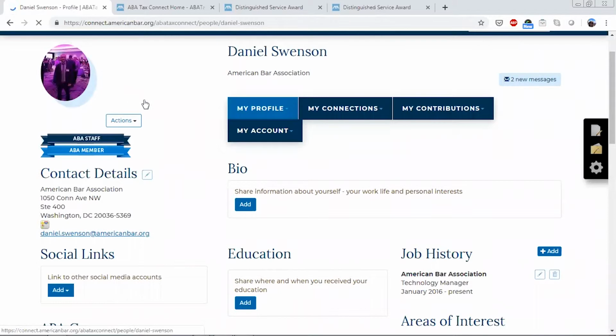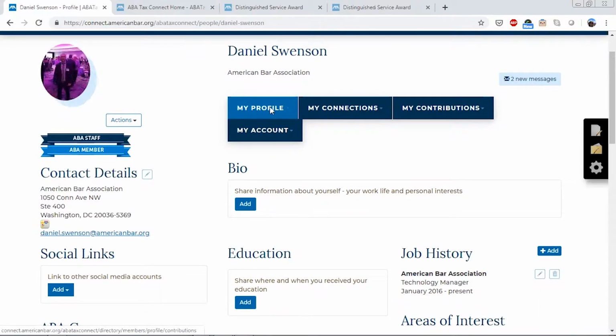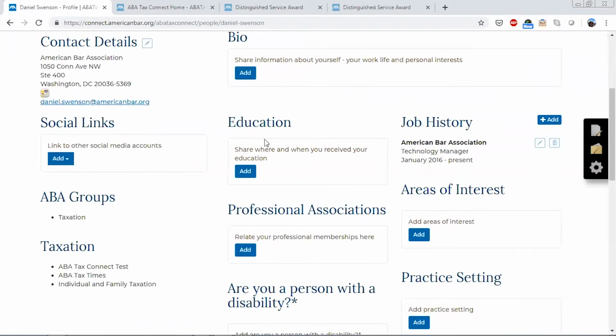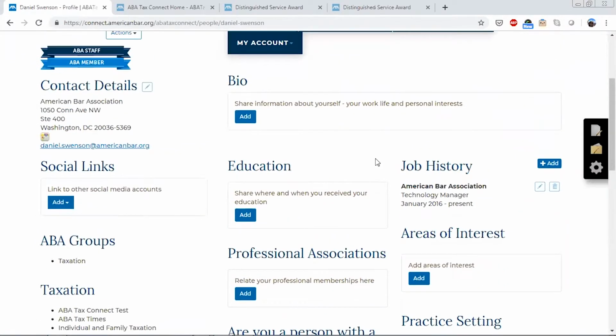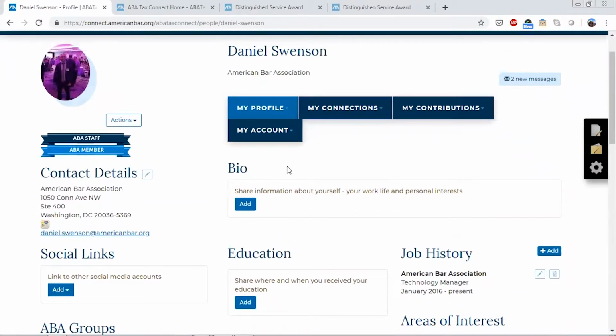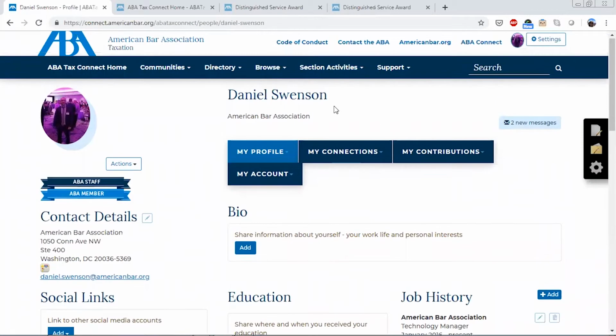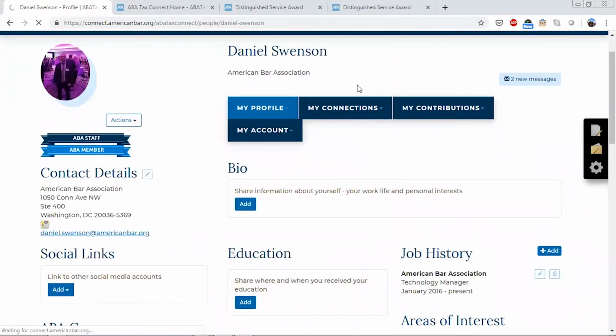Okay, and so similarly to the actual community view, here you'll see that it has just this ribbon of different options, and you can add really any level of detail you want. If you want to add where you went to school, a quick bio about what you work on, feel free. And other than that, one thing I want to point out is how to manage the alerts you get